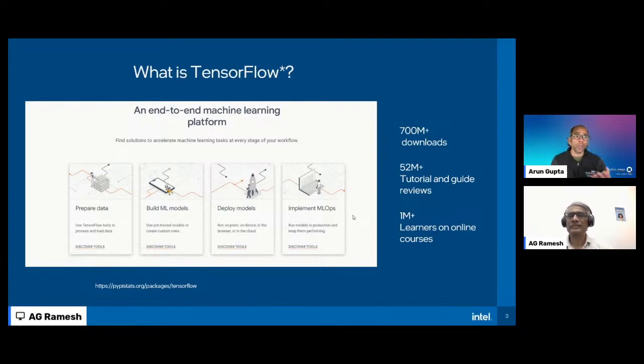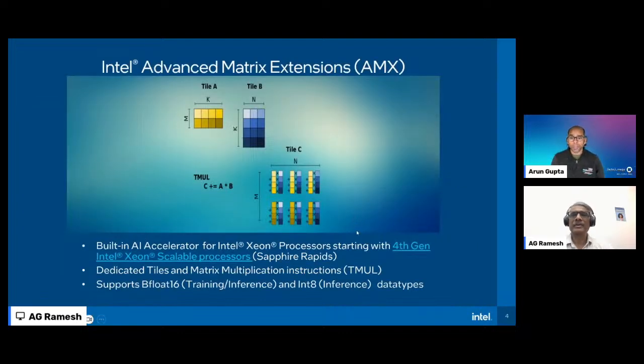And likewise, when we launched M7i and C7i, as part of that, we have a few accelerators as well. One of the accelerators that you intend to talk about is AMX. So let's hear it. Yes. Like Arun said, AMX is one of the latest accelerators that we've added in the fourth generation Xeon, also known as Sapphire Rapids. So basically, this accelerator uses